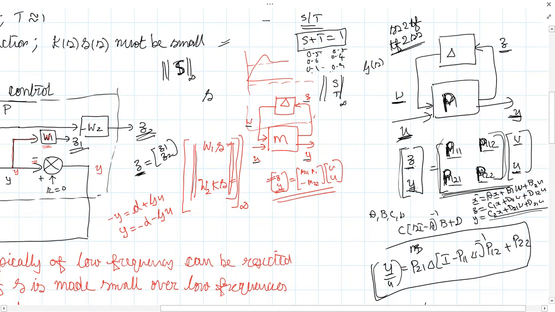So there are two groups of outputs here, Z bar and Y bar, and two groups of inputs: exogenous input W and control input U. Between output and input, you can only have a transfer function. Otherwise, you should have converted this into its corresponding state space form. Okay, Vishesh.